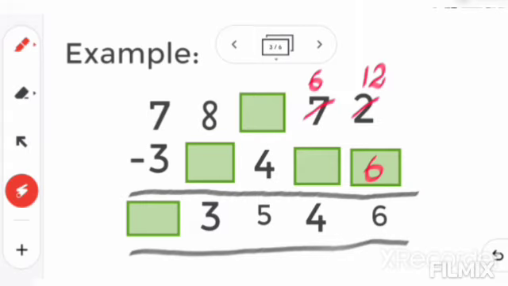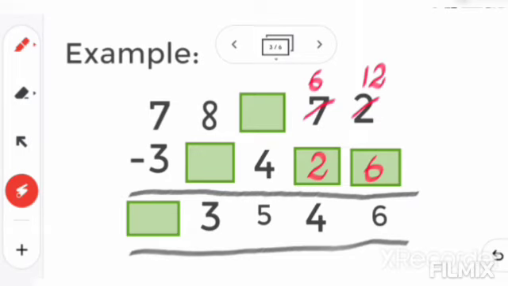Okay, now next one. So we have 6 here, and here the box is missing, and this 4. From this one, you have to minus this one. To find the middle number you have to minus, isn't it? So from this minuend only you will minus. From the top number you will minus the down number. So if you minus 6 minus 4, how much? 2. So in this box 2 will come. So here the number will be 2.